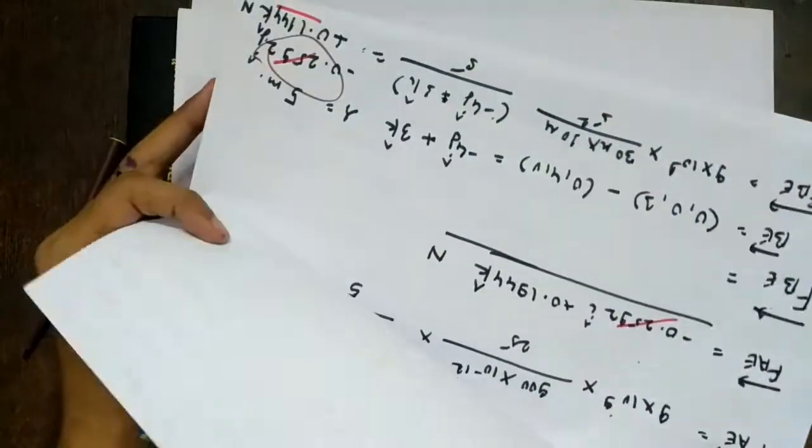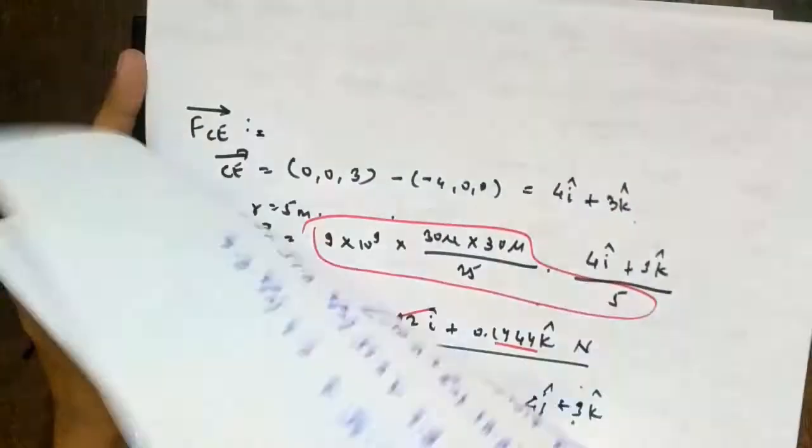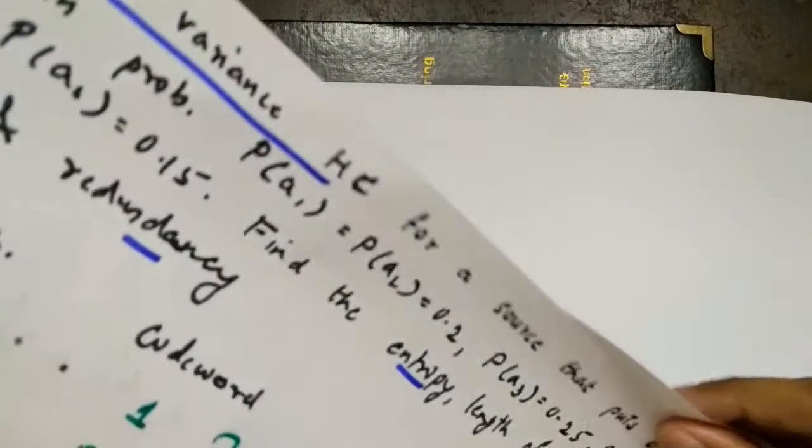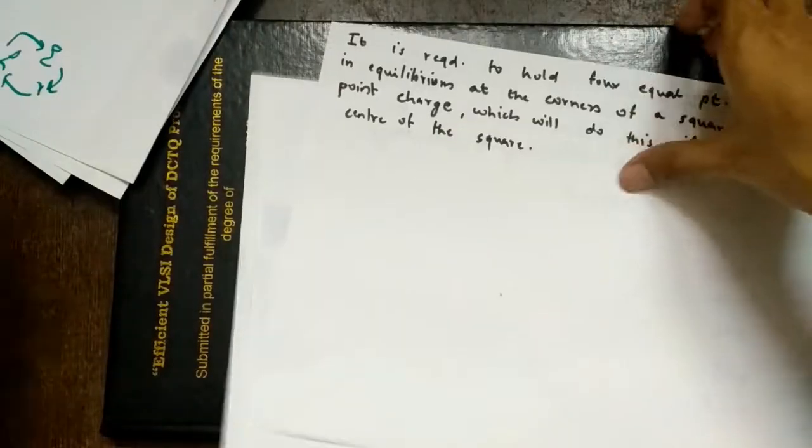So let's go through the next sum. Just messed up the pages. Okay, I got it. So next sum is,